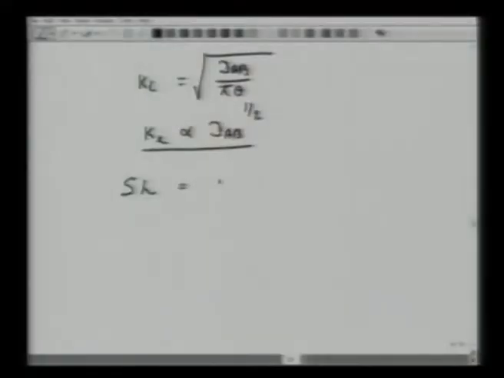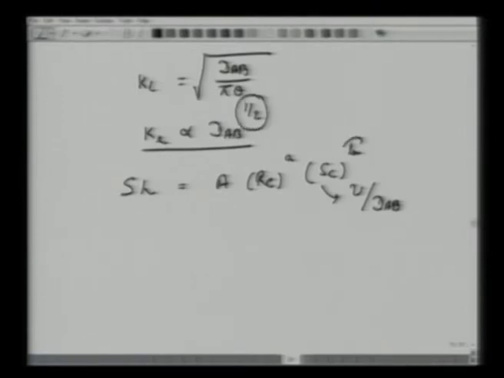Now when we talked of correlations of Sherwood number as a constant, Reynolds number to the power a, and Schmidt number to the power b, it's important to point out that Schmidt number is nu over DAB. So if the theory says that it is proportional to the half power of this, one can make an estimate for this b here, and then solve only for the constant and a, so that the expression for Sherwood number is simplified. Okay, so these are the theories one makes use of in obtaining a correct relation or correlation between Sherwood number, Reynolds number and Schmidt number.